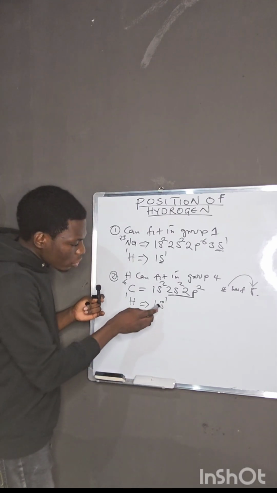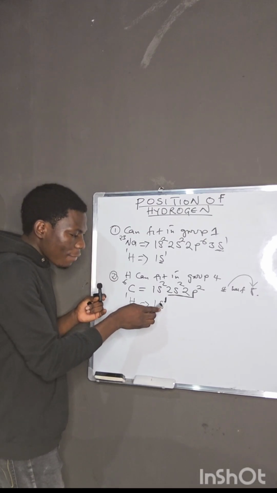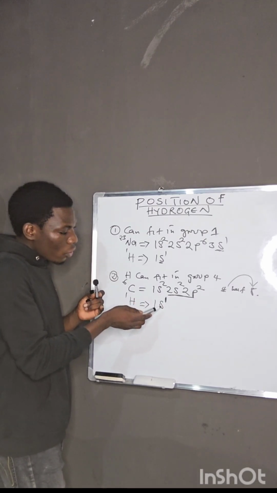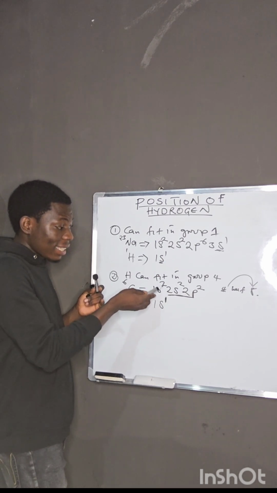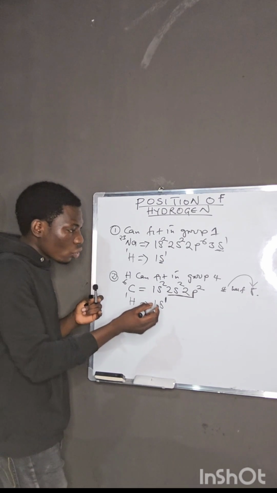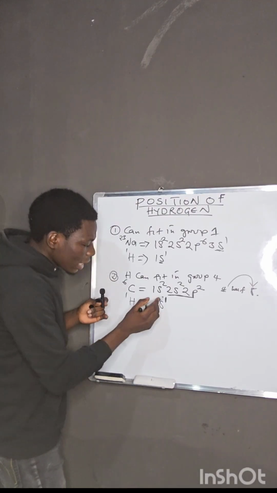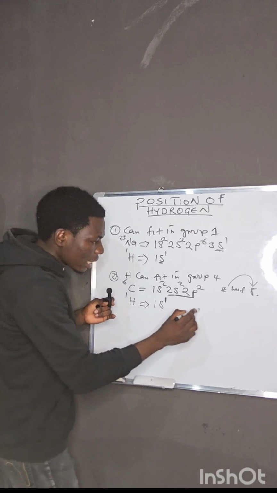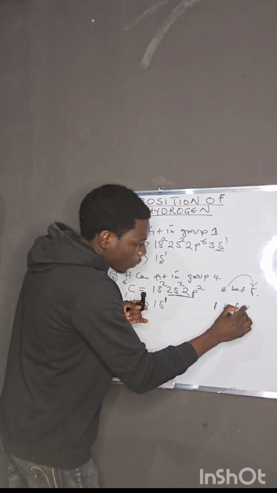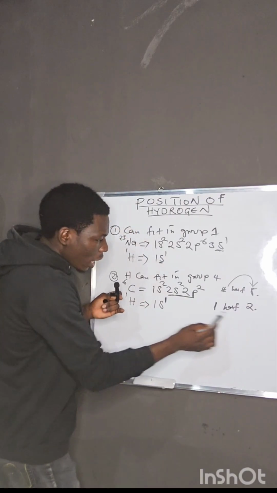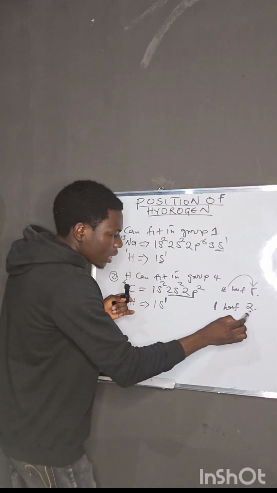And so, hydrogen also needs half electrons for it to attain the stability state of 2, because you know that for hydrogen to be stable, it only needs 2 electrons. And if it's already having 1, meaning that it has 1 now, 1 is half of what? Half of 2. So for hydrogen to be stable, it needs only 1 electron for it to become stable, which is half